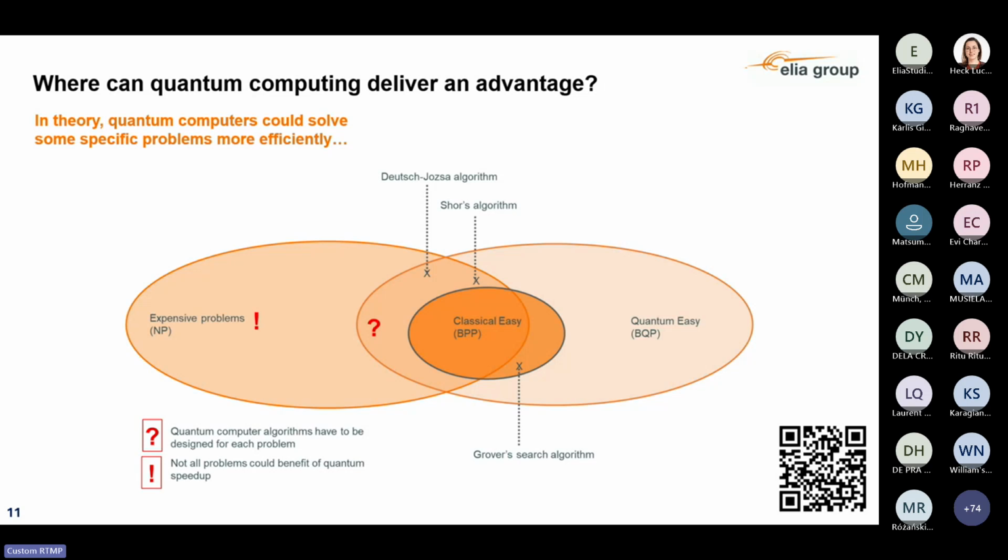But for every NP-hard problem, you need to do research and find a quantum algorithm. That's the question mark that you see on the screen. And it could even be that for some specific problems, there is no quantum algorithm with a speedup. And that's the exclamation mark that you see on the screen. Just to say that you hear sometimes that quantum computing is going to speed up everything, but it is actually focused on very specific problems, and it requires a lot of research in computer science.